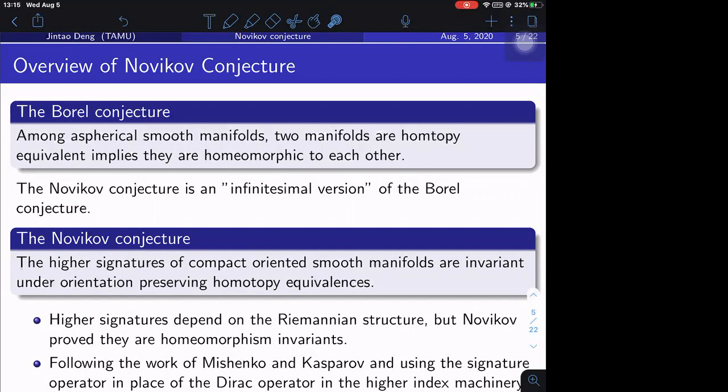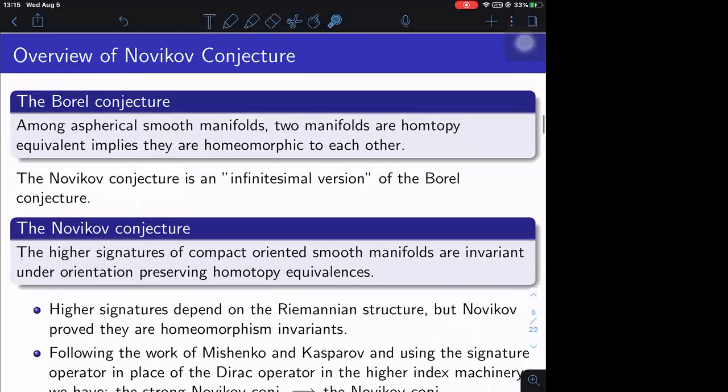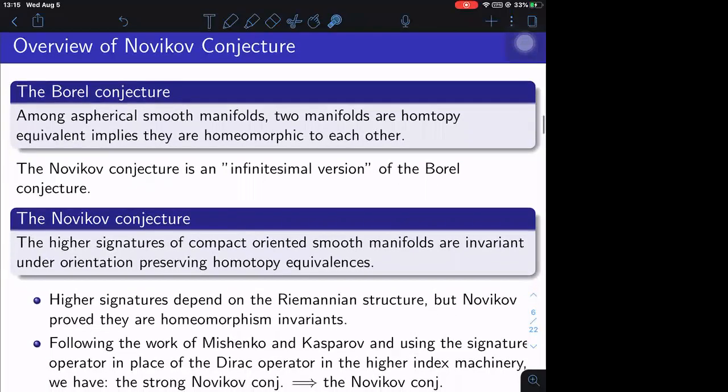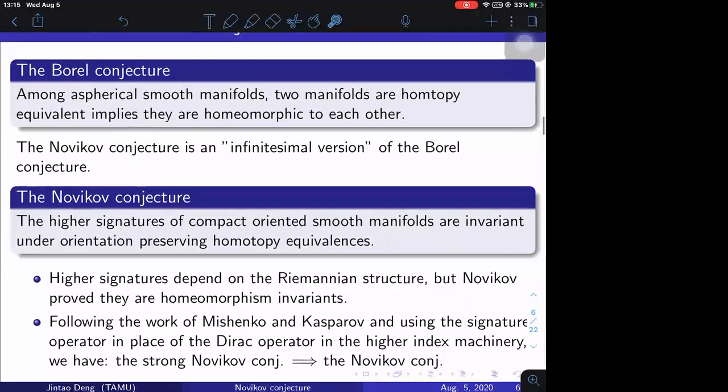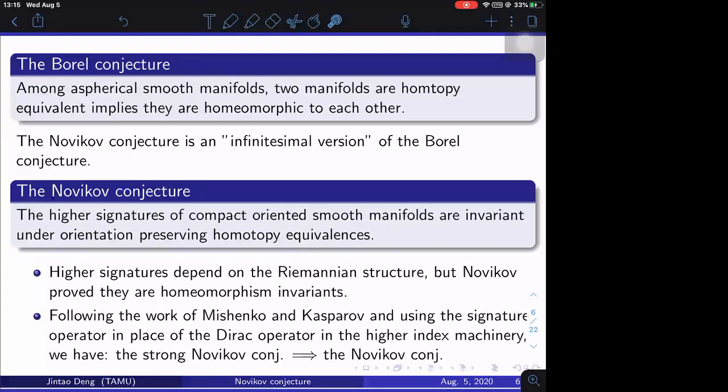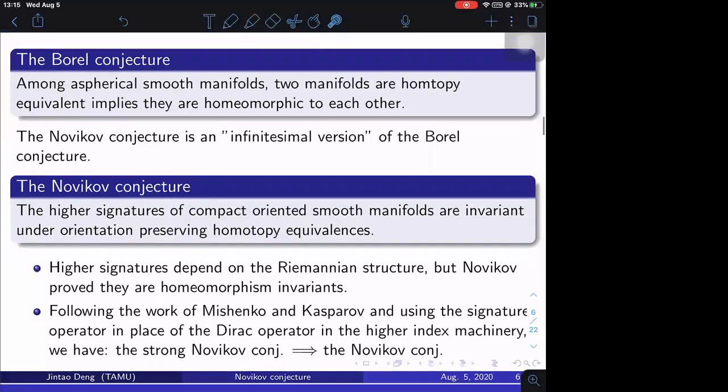So among the aspherical closed manifolds, two manifolds that are homotopy equivalent imply their homeomorphism to each other. Aspherical, as I explained, means the universal covering is contractible. So the Novikov conjecture is actually an infinitesimal version of the Borel conjecture. The Novikov conjecture claims that the Hirzebruch signatures of compact oriented smooth manifolds are invariant under orientation preserving